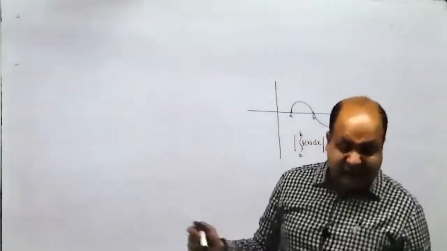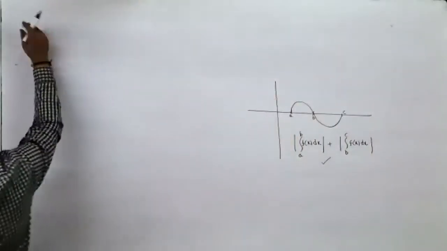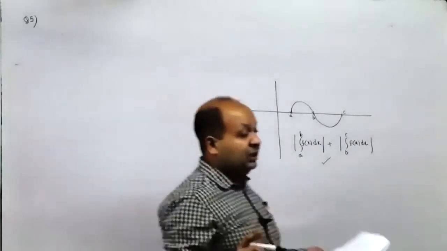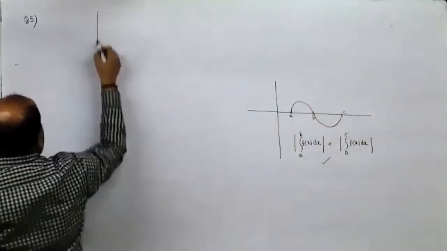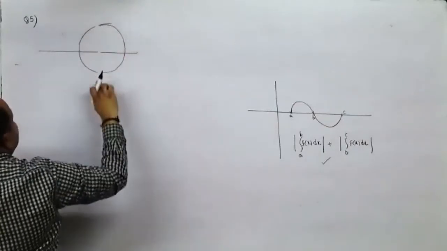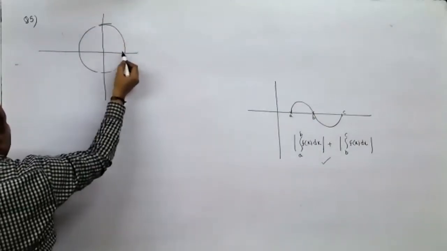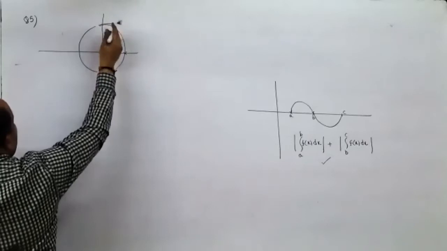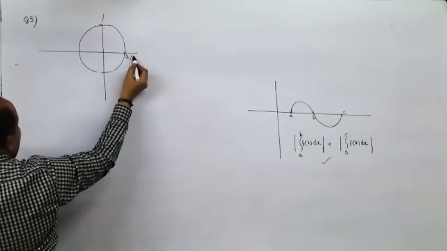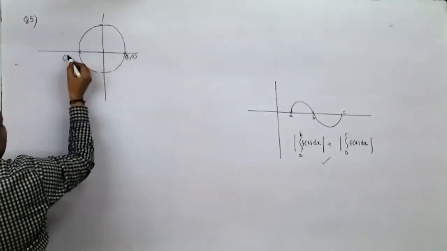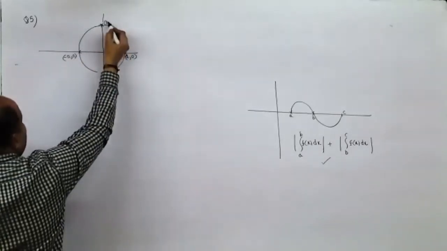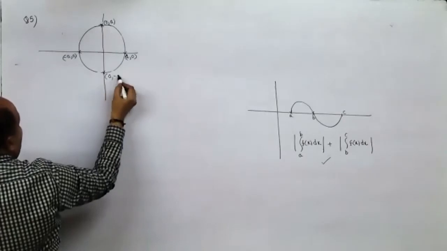Okay, are you following it? Yes. Now the equation of the circle. Remember, a circle is symmetric about the x-axis. It is also symmetric about the y-axis. Remember this. Now here, if the radius is a, this would be a comma 0, this would be minus a comma 0. This cannot be b. The radius would remain the same. This would be 0 comma a and this would be 0 comma minus a.